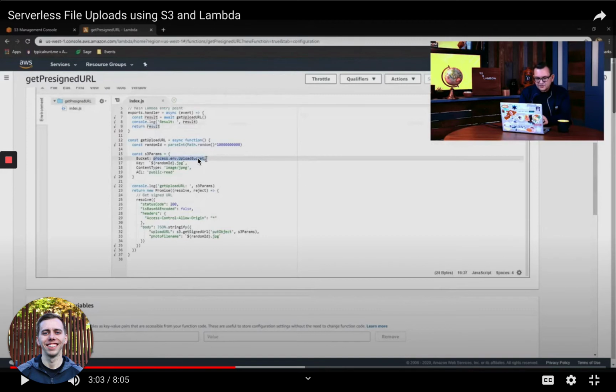I probably wouldn't use a return new promise there. I would have a single line after line 20. I would create a new line and copy line 32 where it says s3.getSignedUrl. There's actually a syntax you can use: since it's an async function, you can say await s3.getSignedUrl(putObject, s3Params), and then you can say .promise(),